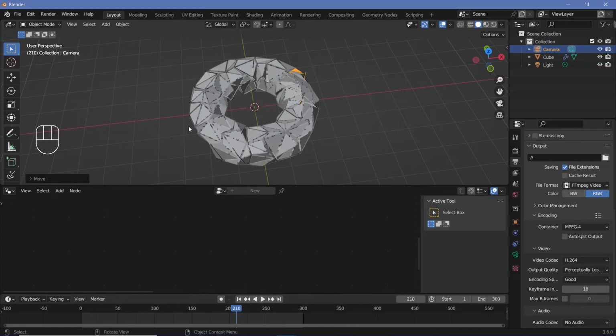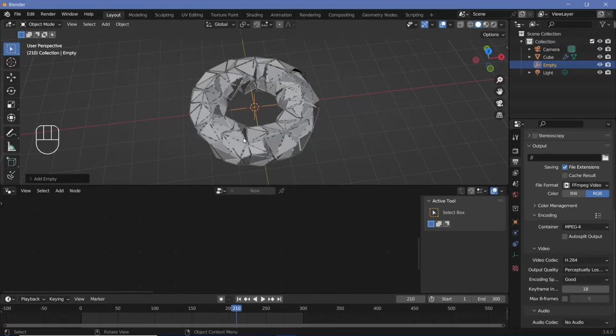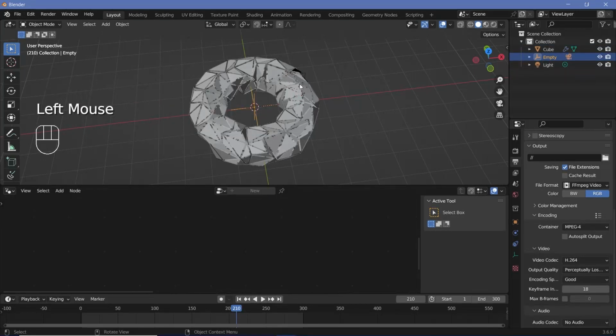Now to animate the rotation, we'll add in an empty which will act as the controller. So let's press Shift A and add in a plain axes empty, then select the camera, shift select the empty and press Ctrl P, set parent to object. So now the camera is the child of the empty, and we can animate the empty to rotate about the